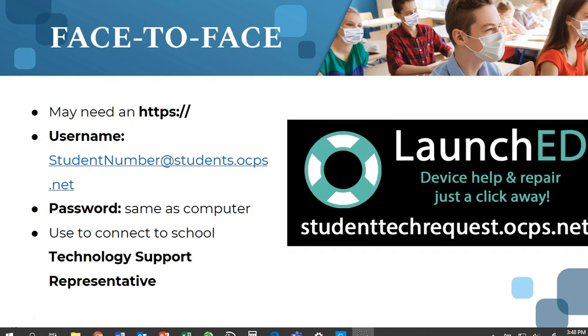and their password is the same as the one they use to connect to their device. The tech request will be sent to our technology support representative. They will try to troubleshoot the problem, and if they need to, they can set up a time to swap out the device for a new one. The website for Student Tech Request is